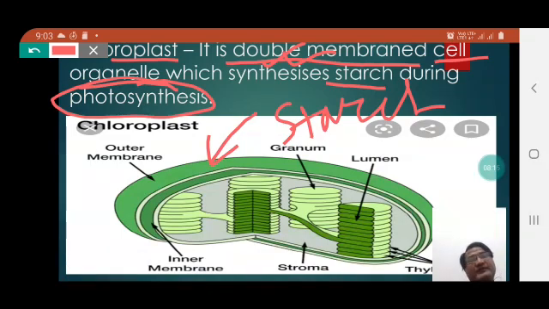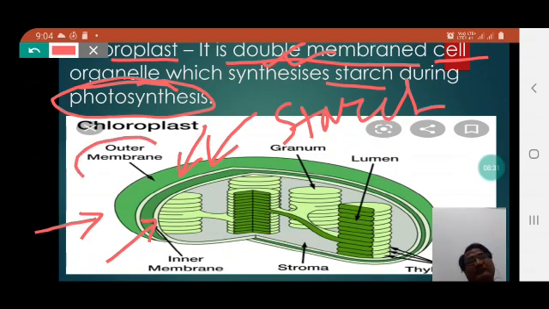Now students, for understanding the concept of chloroplast, if we concentrate on this picture, we can find the presence of two membranes distinctly enveloping the chloroplast. The outer membrane envelops the chloroplast exteriorly and the inner membrane envelops the chloroplast interiorly. So, outer membrane enveloping the chloroplast from outside and inner membrane enveloping the chloroplast from inside.